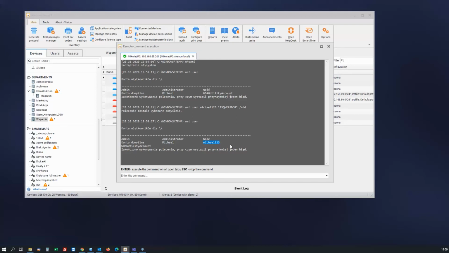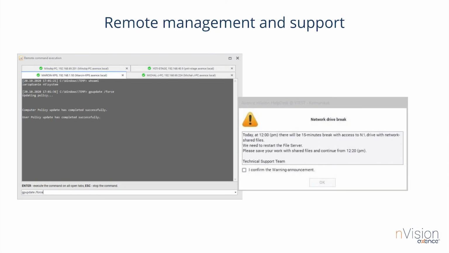For example, when you've made changes to GPO policies in the Active Directory. When you want to enforce using new policies on computers, you do not have to call the user or request a restart. You can select a group of computers and run commands remotely. For example, GP update with the force switch, which will enforce the download and application of the new computer management